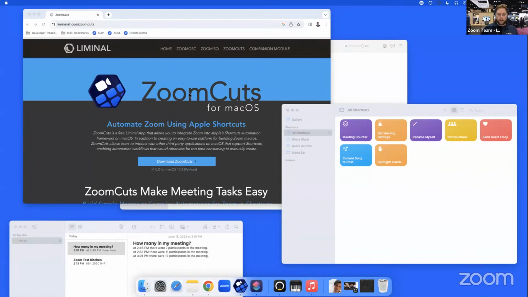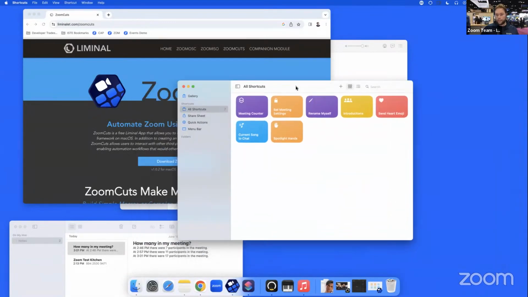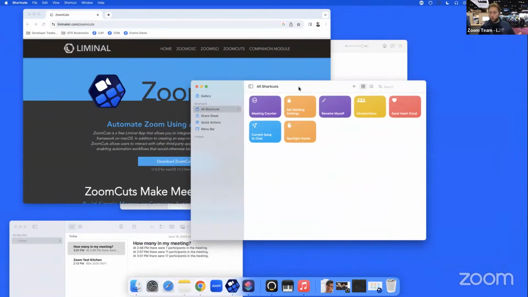And again, what's beautiful about this is that on an iPad, all we need is Zoom installed and iOS version 16 or later. On the Mac, we have the ZoomCuts app, and then Shortcuts is already part of the operating system. No external tools required. And I'll show you the different entry points that you can use to get this built. But you can break it out to a Stream Deck if you really want to, but you don't have to, right? And that was one of the things with ZoomOSC. You always needed that other controller, that other program to talk to ZoomOSC. In this case, that's Shortcuts, which is part of the operating system already. There's nothing special that you have to do.